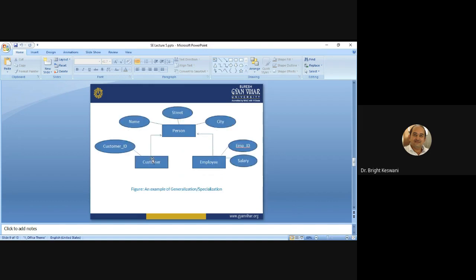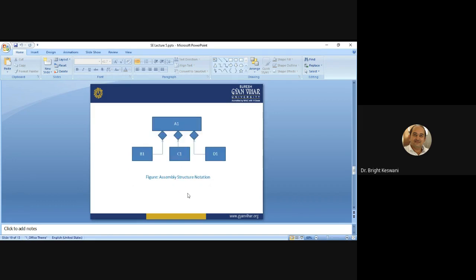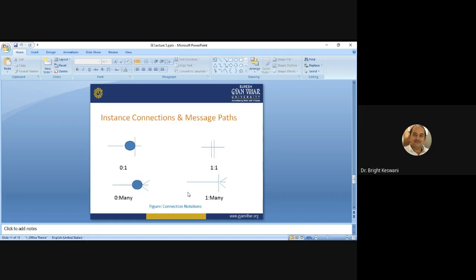And this is the example we had discussed about generalization and specialization. And this is the assembly structure general notation, which depends on this diamond part, which is the relationship between the main entity and the sub entities.